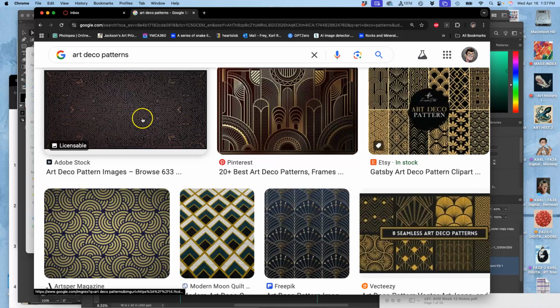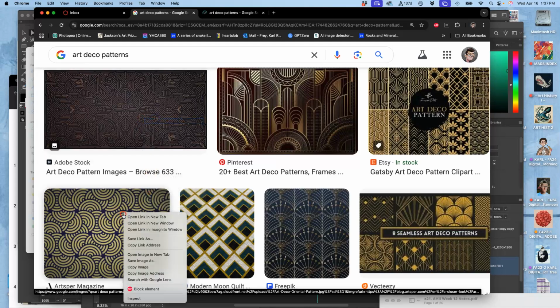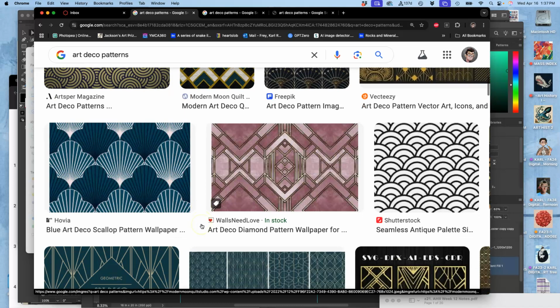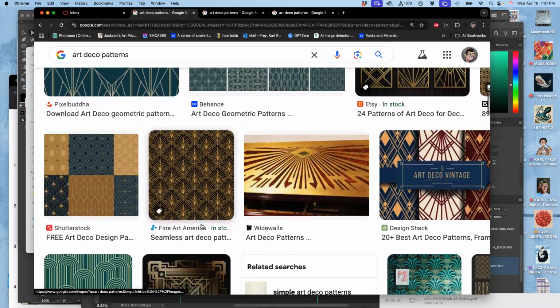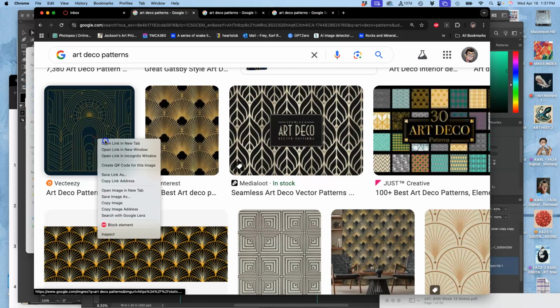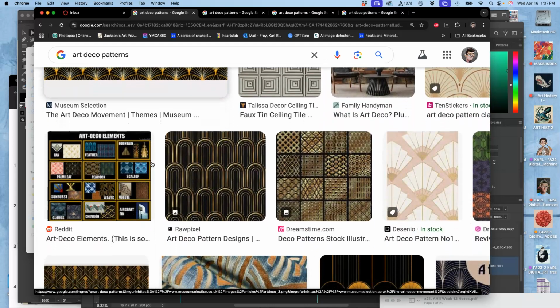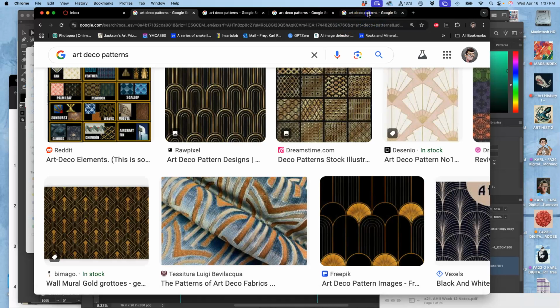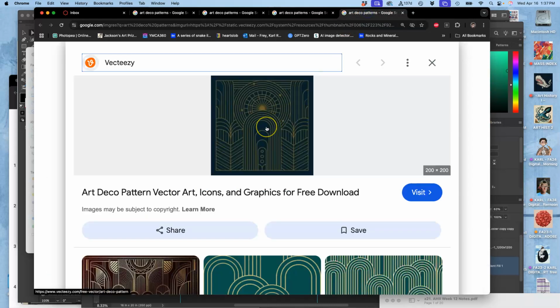Ooh, that's really cool. This is really cool. What kind of fits my theme and isn't too distracting? This is beautiful. I don't even need them as clean vectors or as high resolution. This is only 200 by 200 pixels, right? But if I copy it,